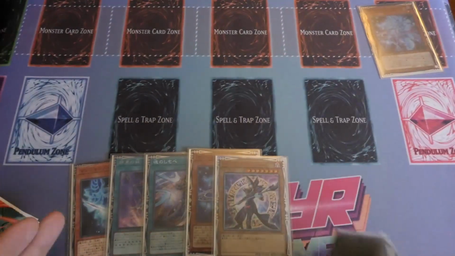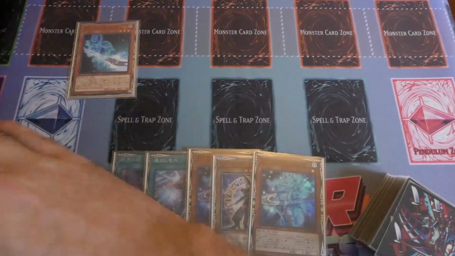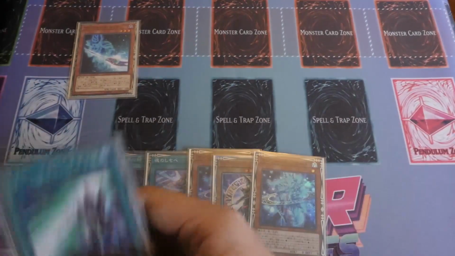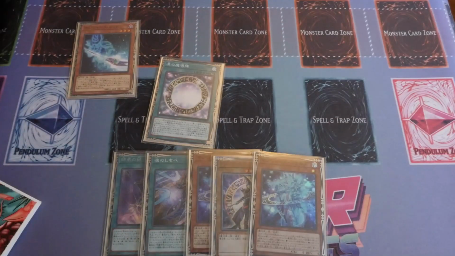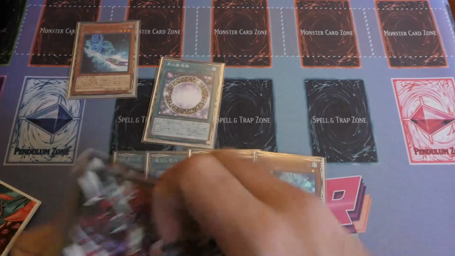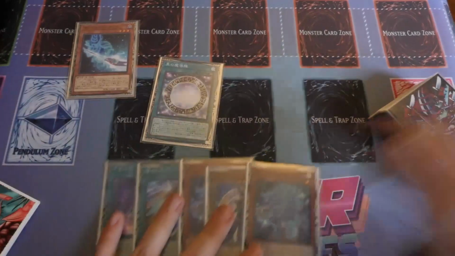You can try and bait it out with this if you want to first. Actually, we do want a Circle first. So we're going to normal summon Rod. We're going to search out our Circle. We're going to activate our Circle. If you want to, you could save the Circle and stack. The only reason that you wouldn't do that is